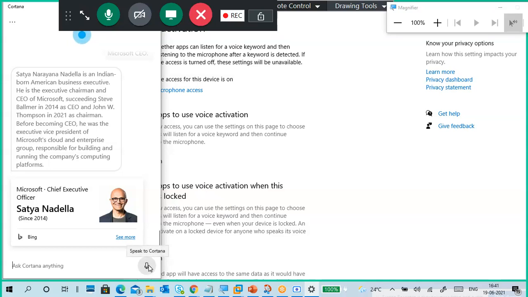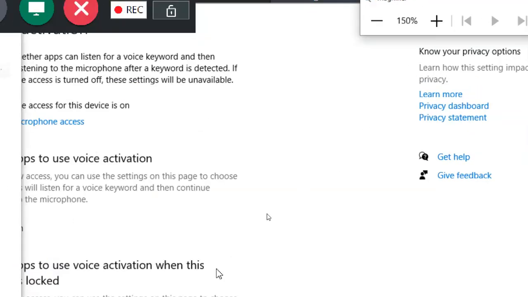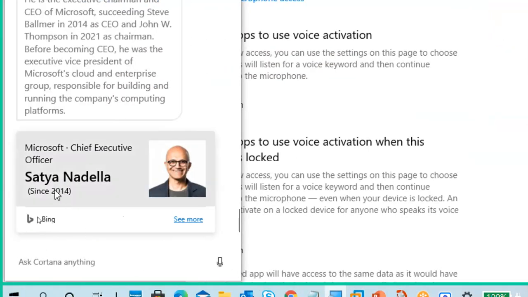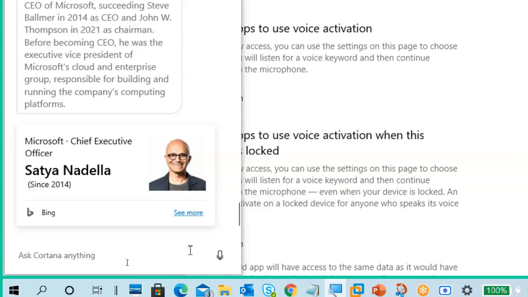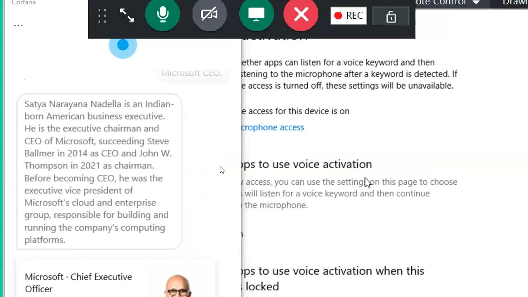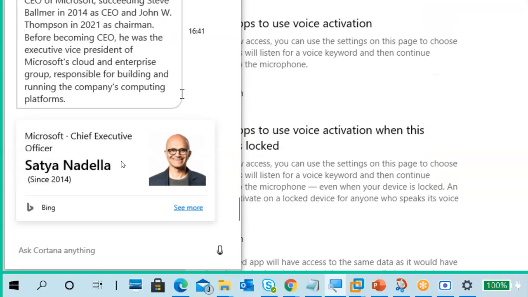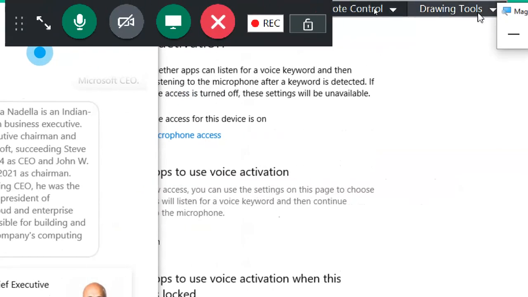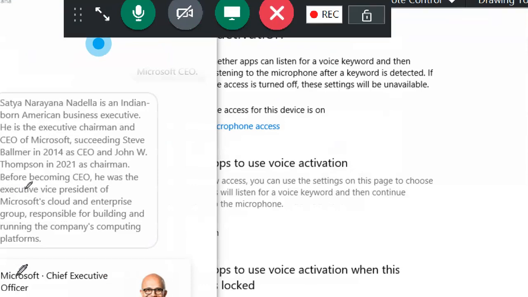He is the executive chairman and CEO of Microsoft, succeeding Steve Ballmer in 2014 as CEO and John W. Thompson in 2021 as chairman. Before becoming CEO, he was the executive vice president of Microsoft's Cloud and Enterprise group, responsible for building and running the company's computing platforms.